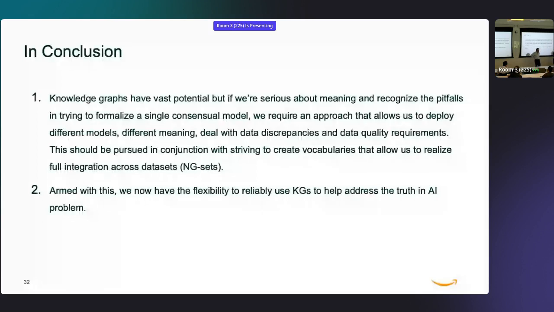I find the presentation extremely interesting. I have a question which echoes what I'm going to talk about tomorrow, about validation versus refactoring. My understanding of what you are proposing is that you can take whatever you want in a knowledge graph, and then instead of refusing data which is not consistent with your predefined model, you allow for light refactoring of the data so that you can present it the way that is needed, but you don't have this bottleneck of refusing inconsistent data. Is that a proper understanding of your approach?